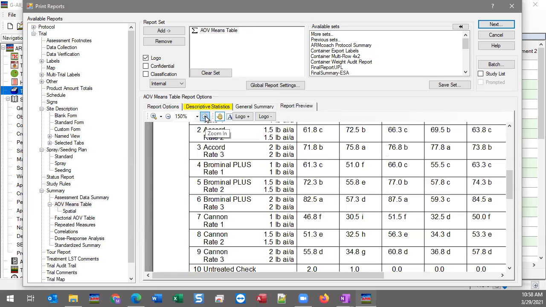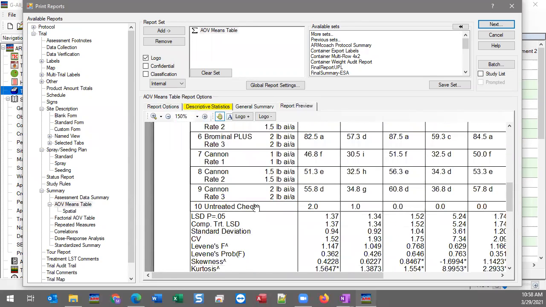And you'll notice, I'll zoom in a little bit more in case you can't see, treatment 10, we do list it on the report, but there's no comparison letter. And that's a sign that it was not included in the analysis. So that comparison treatment, it's just there hanging out for comparison's sake, but it is not included in the analysis because this is a multi-factor design. If you did need this included, like you truly want to treat this study like a standard RCB design for your analysis, what you can do then,